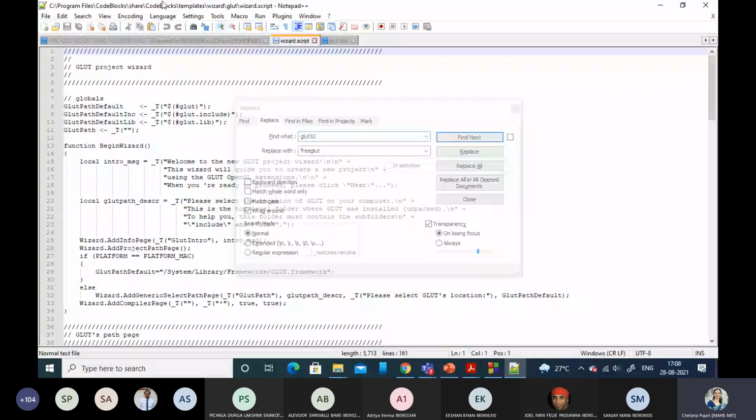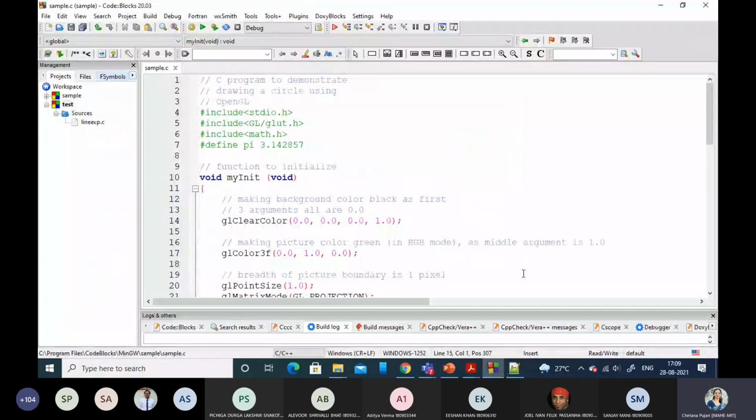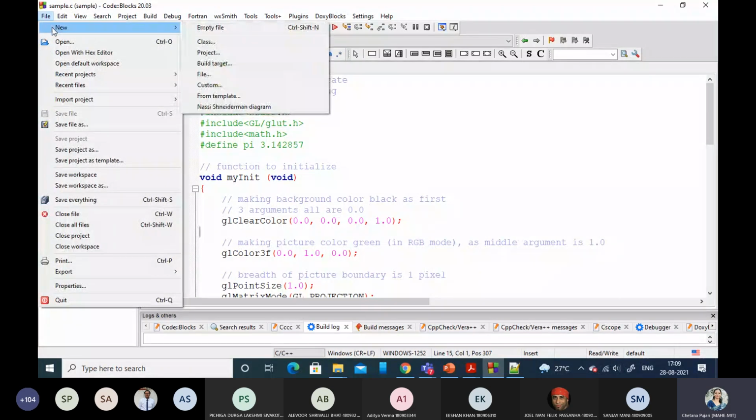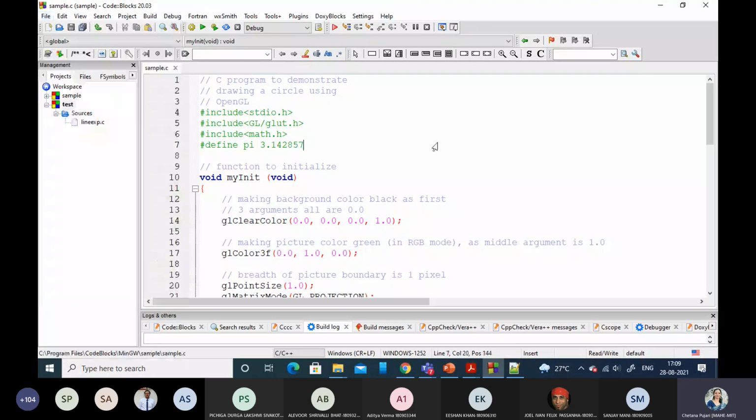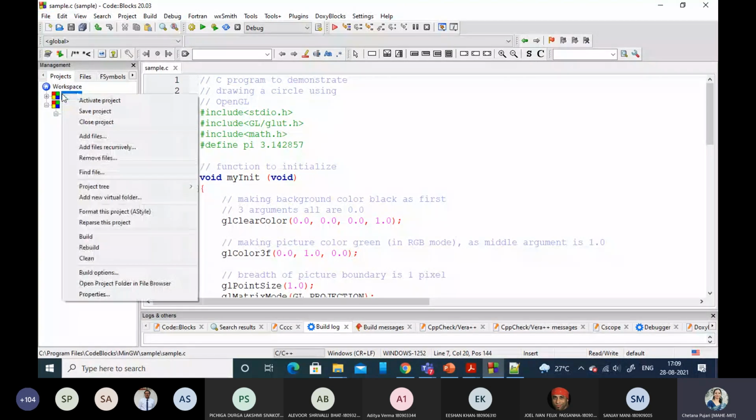Your wizard was located in Code::Blocks, template, wizard, glut, wizard.script. Once you do these things, I think it should work fine. So when you open Code::Blocks, you can go to File, New. I'll just close this.